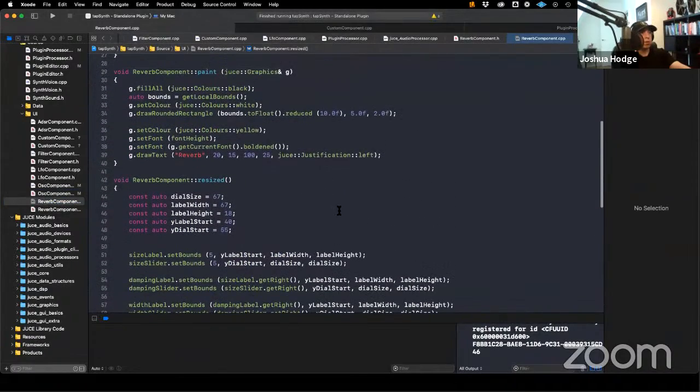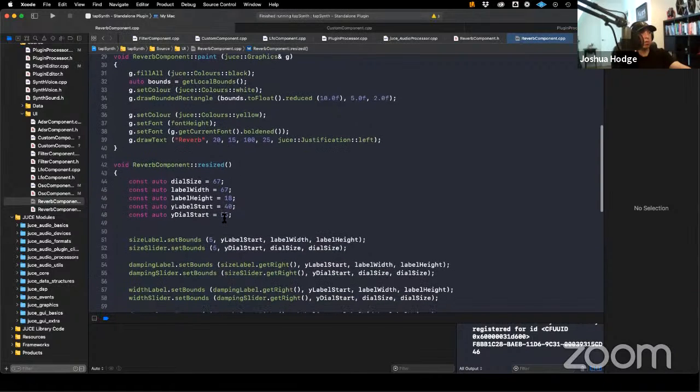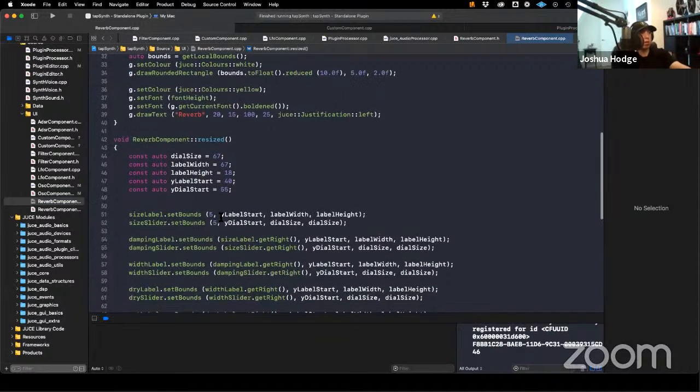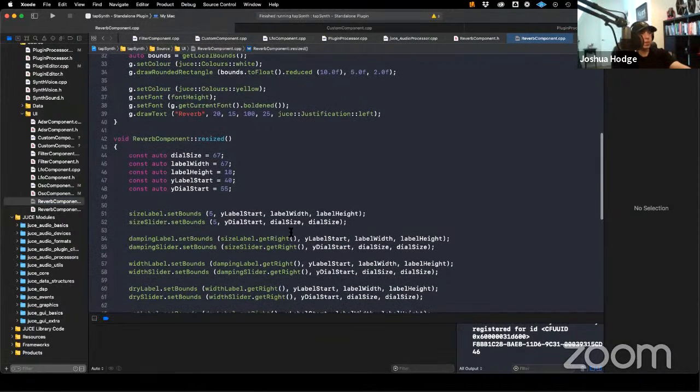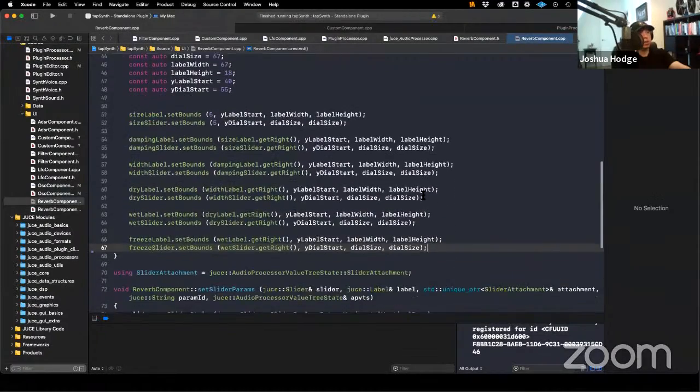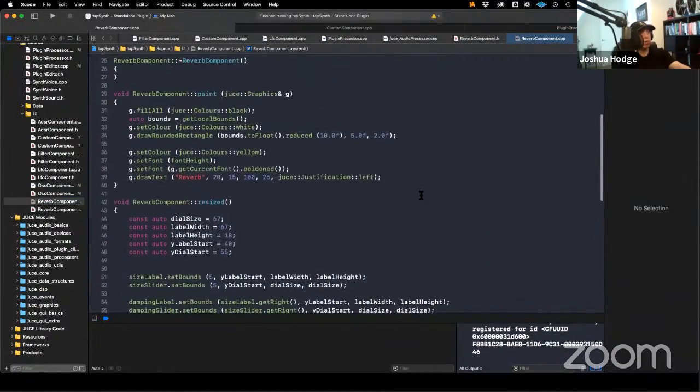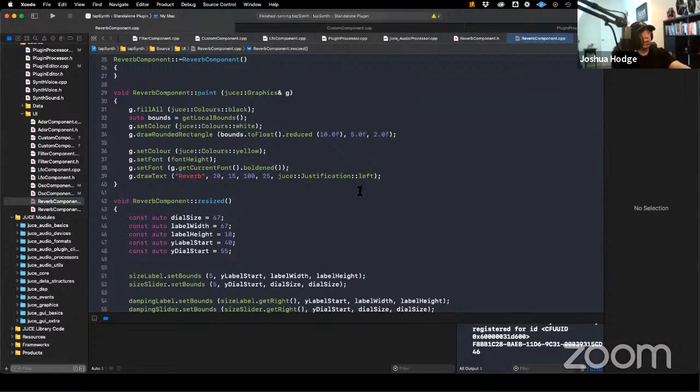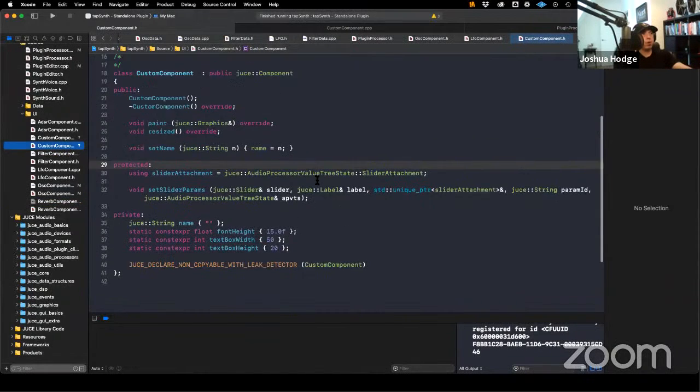So yeah, I've just made the dials just a little bit smaller, but let's look at what the relationship is. So Y label start and dial start. So that's still 15, right? So that's cool. So let's see how can we do this? So going back into custom component,